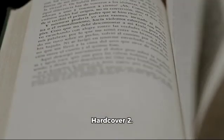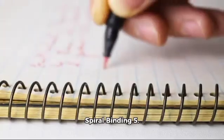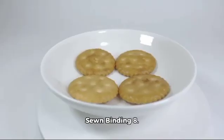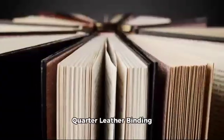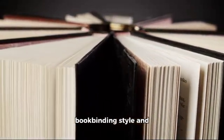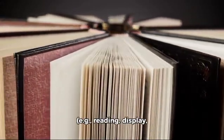1. Hardcover. 2. Paperback. 3. Soft cover. 4. Spiral binding. 5. Wire binding. 6. Staple binding. 7. Sewn binding. 8. Rivet binding. 9. Brattle binding. 10. Quarter leather binding. When choosing a bookbinding style and type, consider factors like intended use, for example, reading, display,